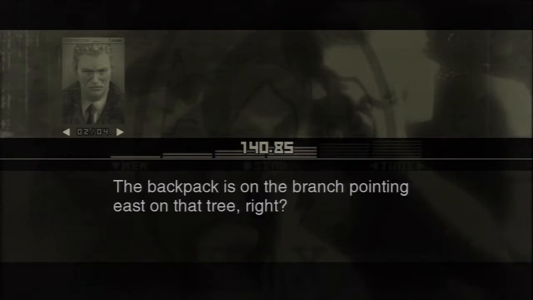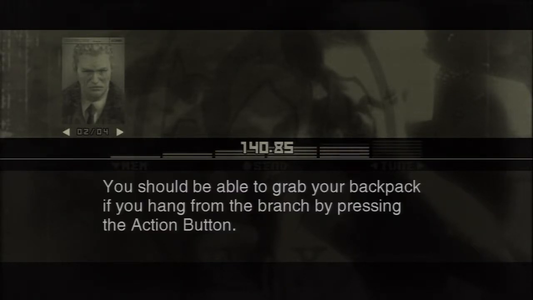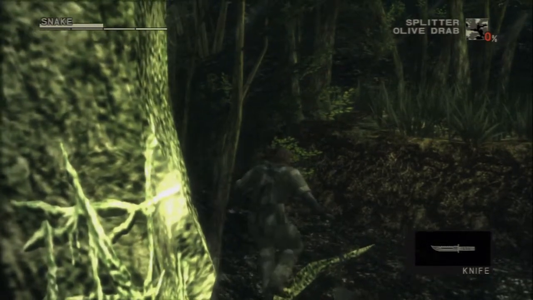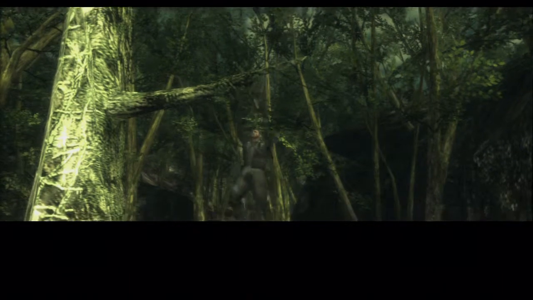The backpack is on the branch pointing east on that tree, right? Walk along the branch and get it. Be careful not to fall. You should be able to grab your backpack if you hang from the branch by pressing the action button. Oh, okay, got it. Action button. Thanks, Major Tom. Sweet, got my backpack. Not a minute too early. Now that we got all our gear...